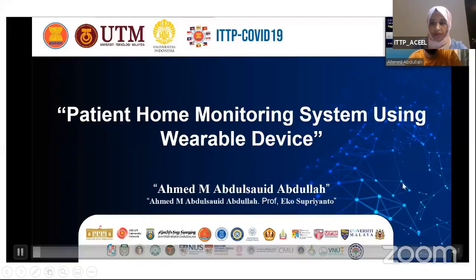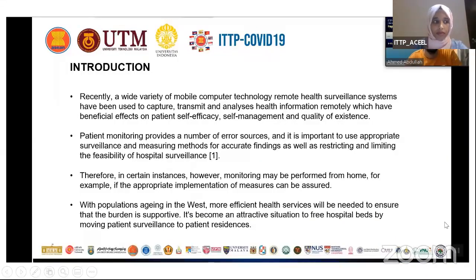System using wearable device. Next, this is my introduction. Recently, advances in mobile computer technology have enabled remote health surveillance. Systems have been used to capture, transmit, and analyze health information remotely, which have beneficial effects on patients' self-efficacy, self-management, and quality of